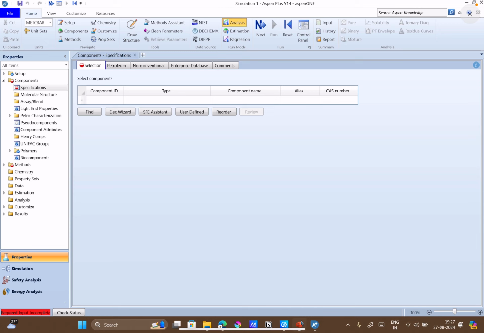Okay, so what we will do, results are available. Let's say I want to see the binary parameters for benzene and toluene mixture. You can retrieve the pure component data, binary or ternary component data. Right now we have benzene and toluene, so I will do retrieve data. It will do a search on the NIST server itself and then give you the available options.